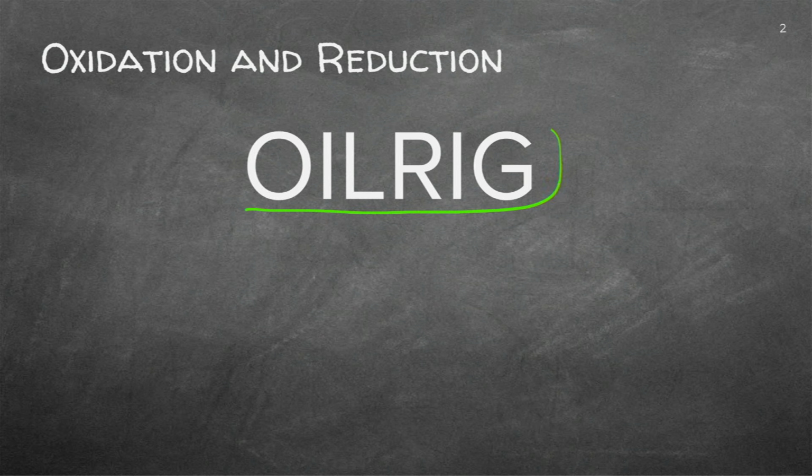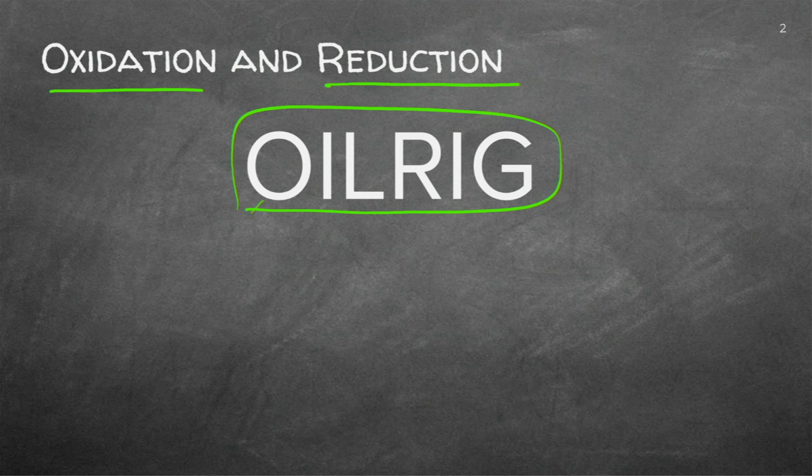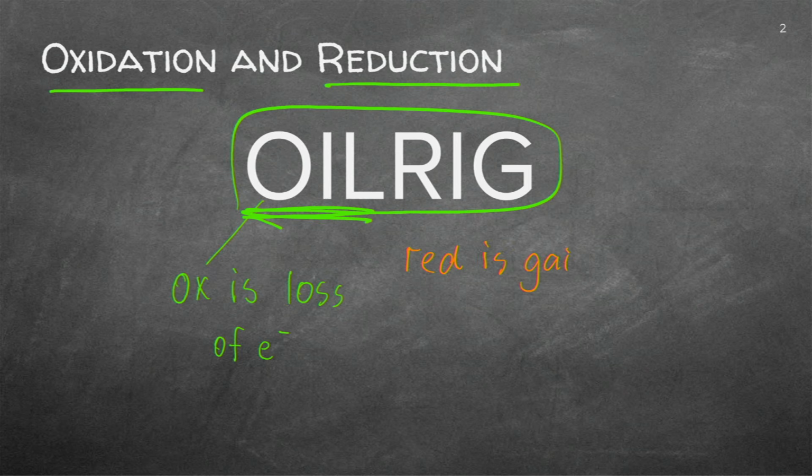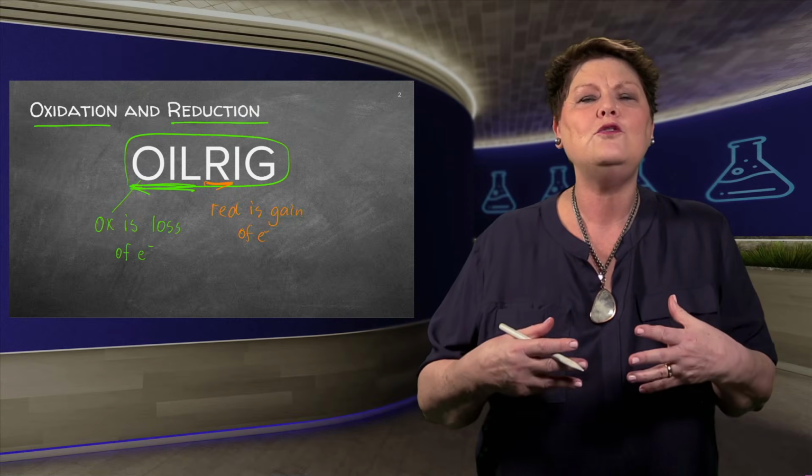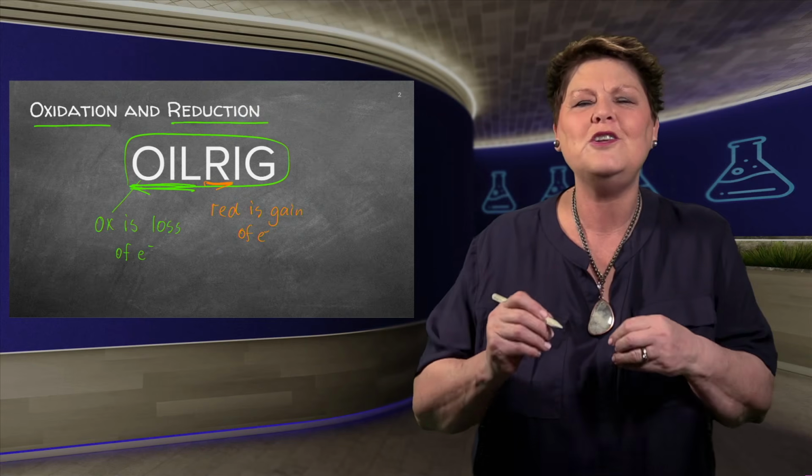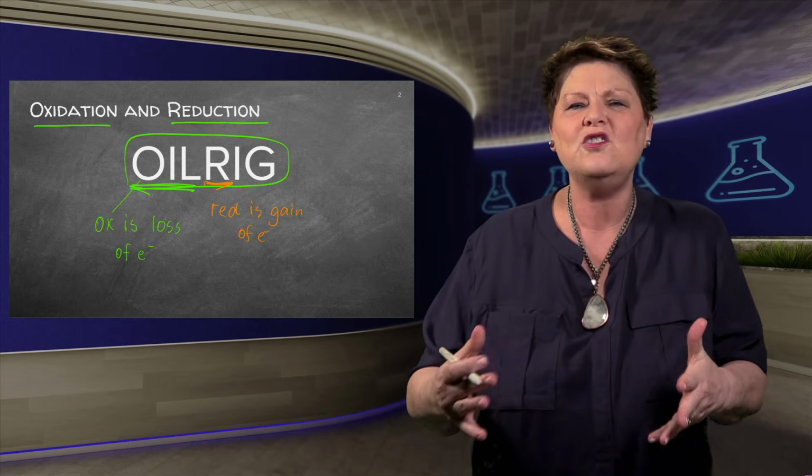The OIL RIG acronym, you have to know if it's oxidation or reduction. It's easy if you then say, well, oxidation is the loss of electrons. So if anything loses electrons, it's the oxidation half reaction. If a substance gains an electron, reduction is gain. Then we know it gains electrons and it is therefore reduction. So make sure that you always remember. And if you tend to forget stuff, just write this down when you start doing the question. OIL RIG, and you'll never forget it.